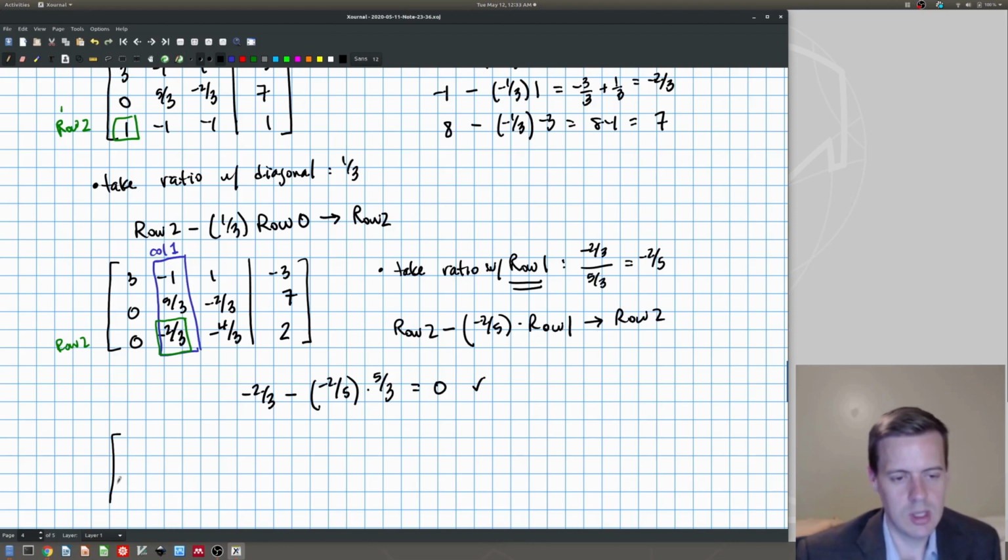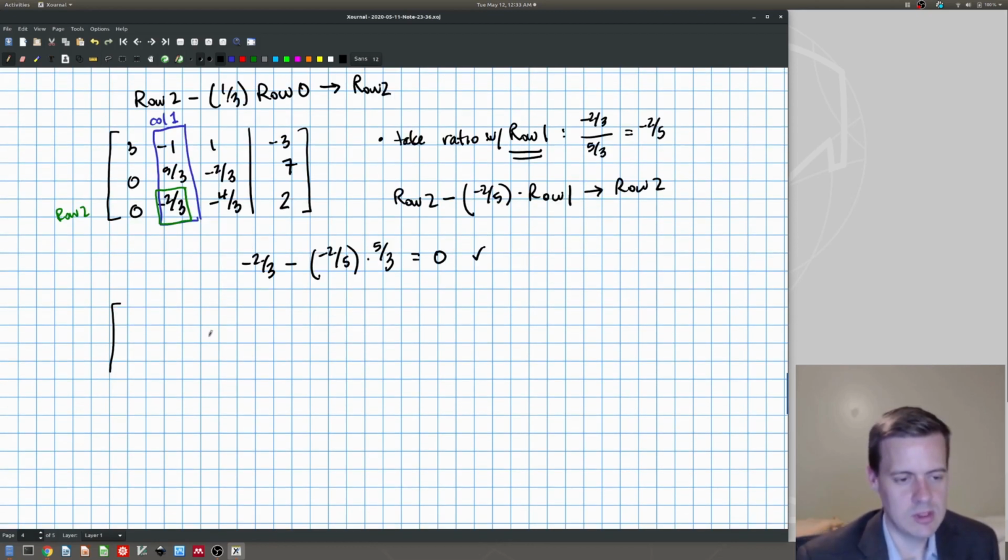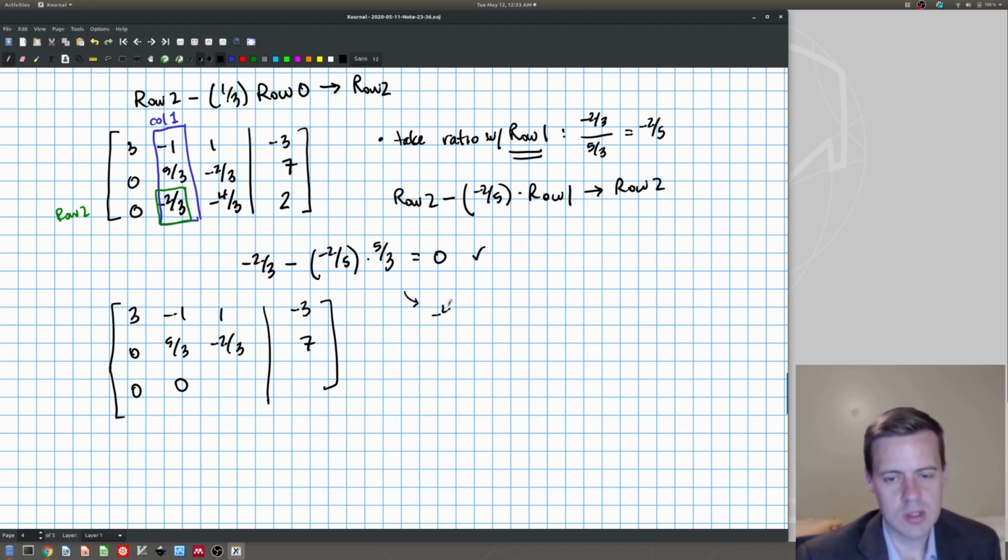So I can write that down, give myself a little more space here. I have 3, minus 1, 1, 0, 5/3, minus 2/3. Over here I've got minus 3 and 7. Here's a 0, and I just found out I have a 0 there. Now the next one, giving myself a little more space, let me come down this way. I'm going to do this one. So I have minus 4/3 minus a negative 2/5 multiplied by, which one? That one up there, minus 2/3,